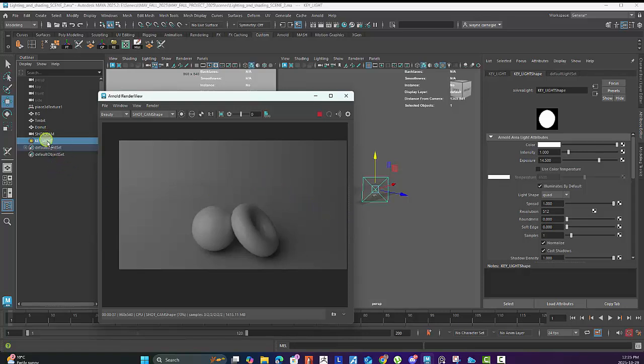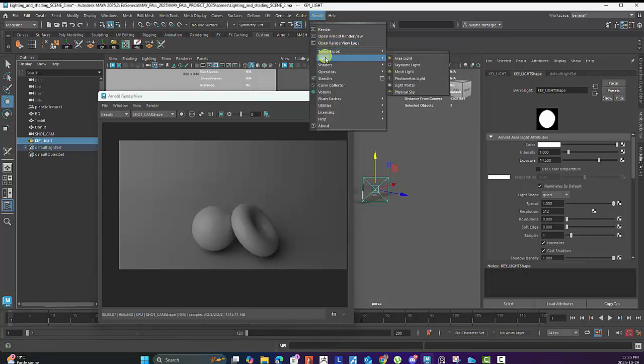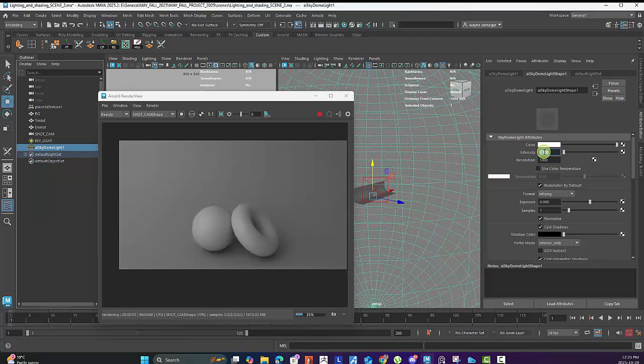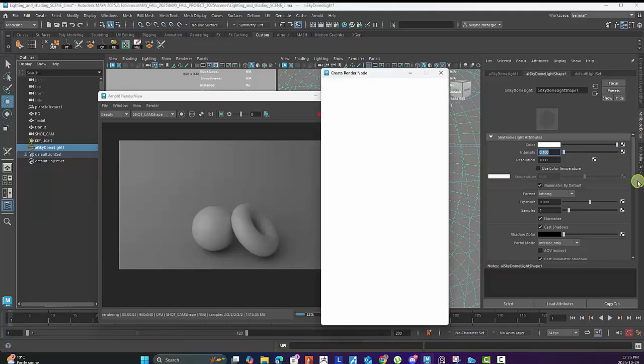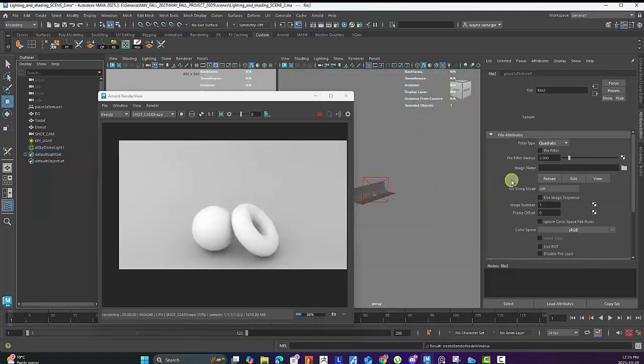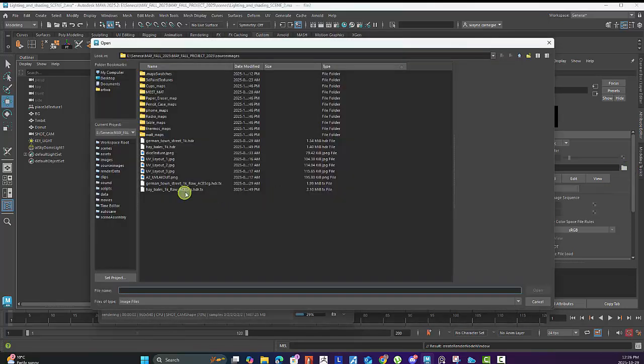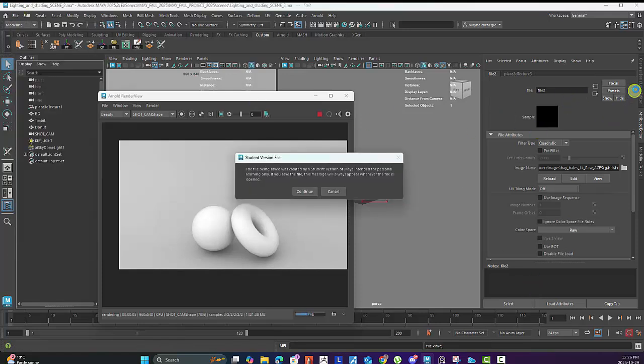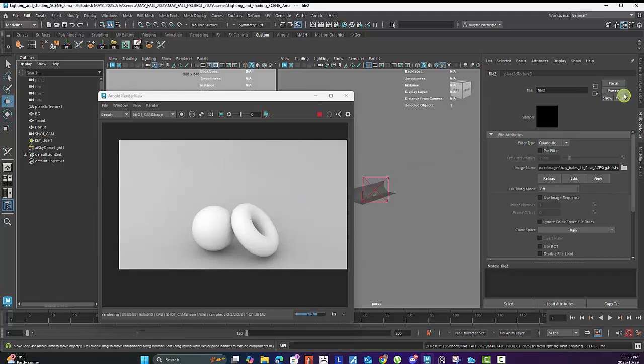Then I'm going to create another light, create light, and I'm going to create a sky dome light. This light, I don't want it to take over, so I'm just going to put 0.2, 0.3, and like a 0.1. And then what I'm going to do here, I'm going to click on here, go to File, and I'm going to grab the HDRI that I downloaded, and save my scene because I don't want it to crash. Yes, click here,